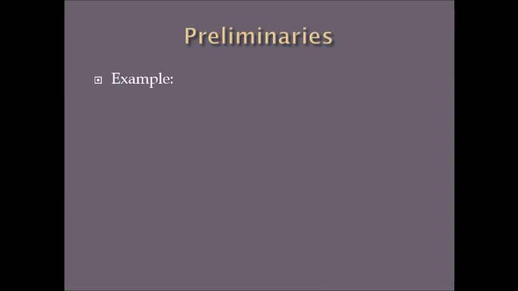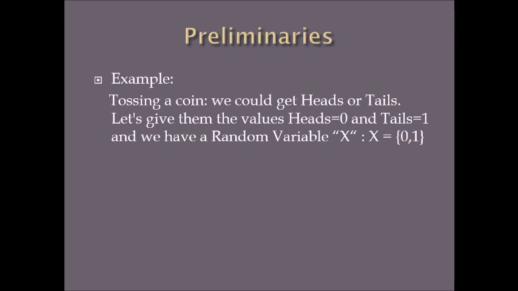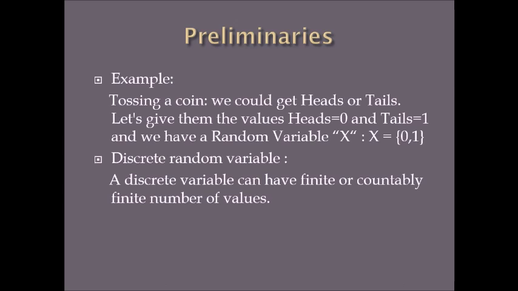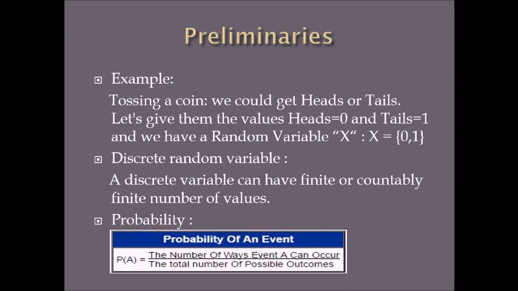For example, tossing a coin, there are two possible results, head and tail. Let's give them values, h equal to 0 and t equal to 1. And we have random variable x, which is having two values, 0 and 1. A discrete random variable can have a finite or countably infinite number of values. The probability of any event A can be defined as the number of ways event A can occur divided by the total